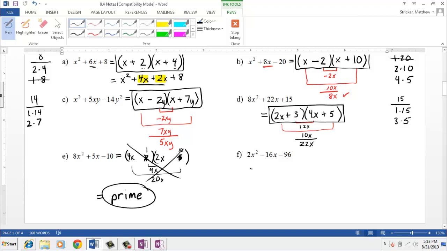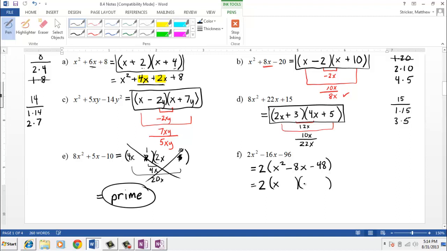So let's take a look at one more example with factoring trinomials, and this is example F. And we always again want to ask ourselves, can you factor out a GCF? And in this case we actually can. We can pull out a 2, which leaves us x squared minus 8x minus 48. Now if we pull out a GCF, we still have to have that 2 tag along. So we'll leave it out front, but then we go ahead and factor the trinomial that remains,